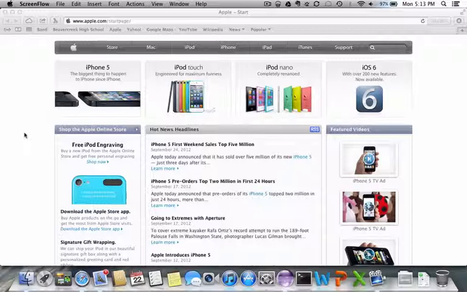So, first off, you're going to need a Google account. Now, this can be done by going to gmail.com and signing up for Gmail. You don't have to necessarily use Gmail, but in order to be in the Google Play Store, it requires a Google account. Now, I've already done all this, the registration thing, so I'm just going to lead you through it